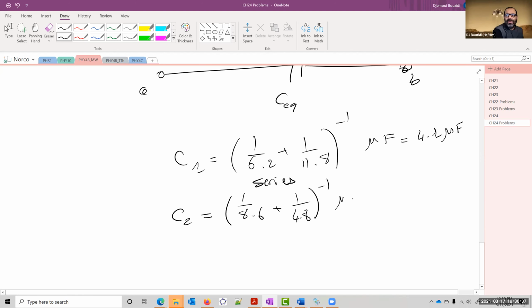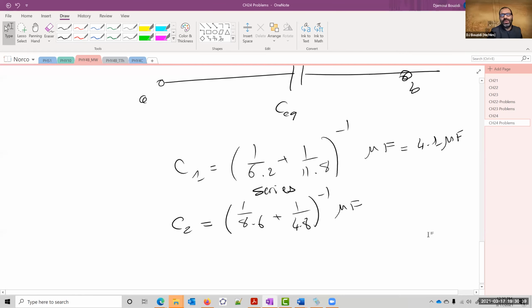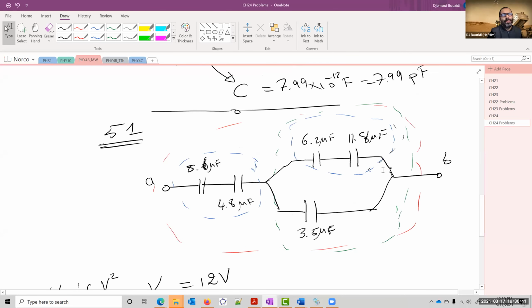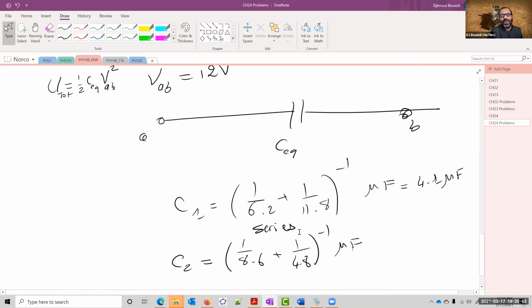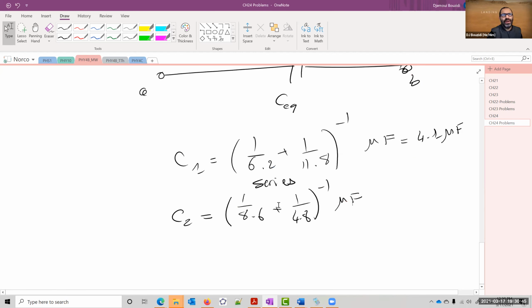And the answer is going to be in microfarads. Everybody's a microfarad, so the answer is going to be in microfarad. Okay, so I don't have to bother with that. So all I have to do is just plug in the numbers as they are, and then append the unit at the end. So the fact that there is a 10 to the negative 6, it's already there in this symbol in here. So again, open parentheses, 1 over 8.6 plus 1 over.